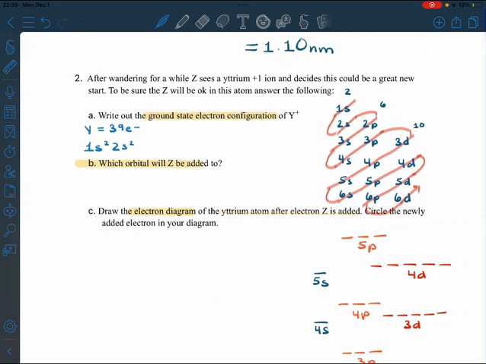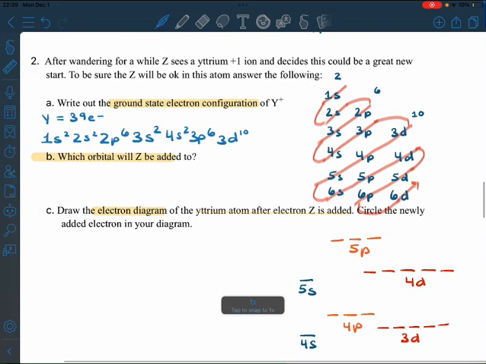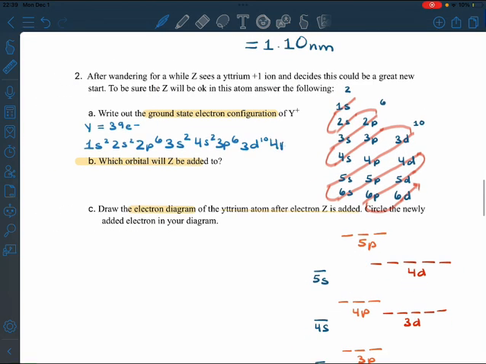So 1s, 2s, then next is 2p, so that tells me that order. And when I add all of these up, so 3s, then 4s, 3p, then 3d10, 4p, 6,